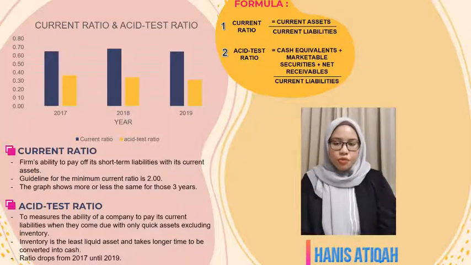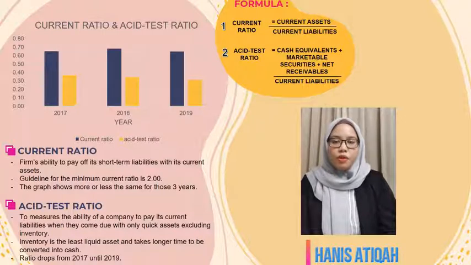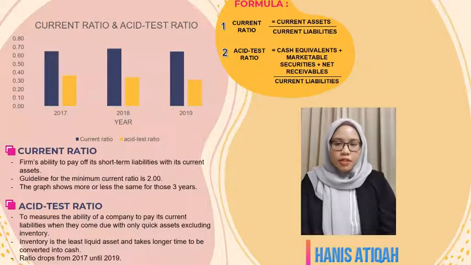Asset test ratio is also known as quick ratio, where it measures the company's ability to pay its current liability when they come due with quick asset, excluding inventory. Inventory is not included because it is the least liquid asset compared to others. Nestle does not have much change in asset test ratio trends. In general, Nestle's asset test ratio dropped year by year from 0.37 to 0.34 and 0.34 to 0.331 in 2017,